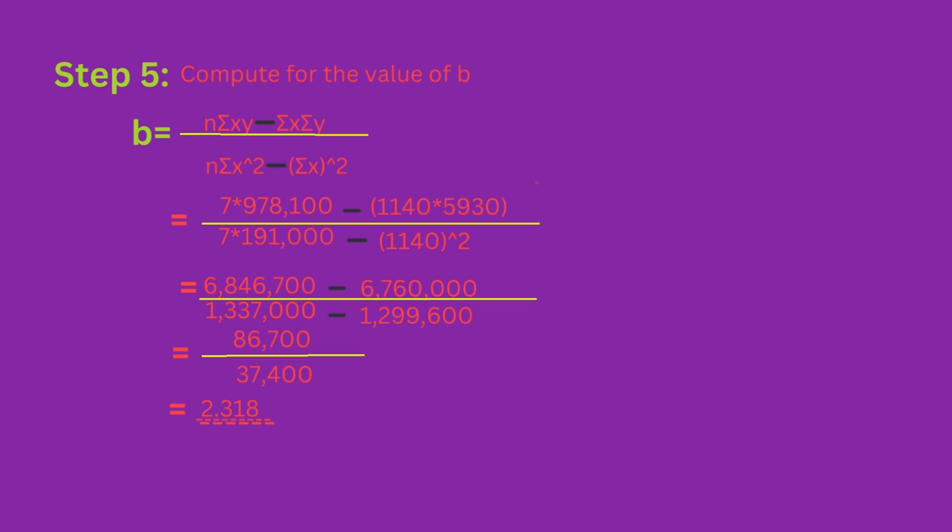So it will be 7 multiplied by 978,100, which will be